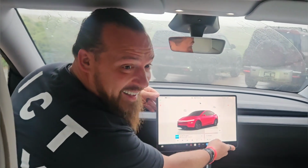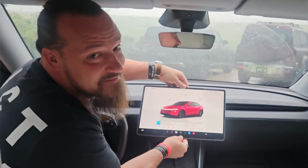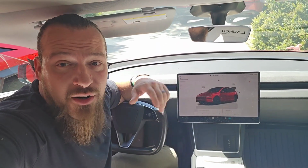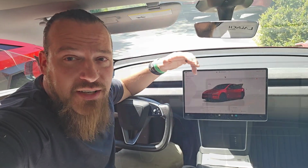Hey look, I can swivel my screen left and right and up and down. Seemingly everything in a Tesla is high-end, high technology, loaded with new futuristic designs, and that includes the screen. What this car can do from the screen is absolutely amazing. But one of the few things that still seems a little outdated is the fact that this screen is totally